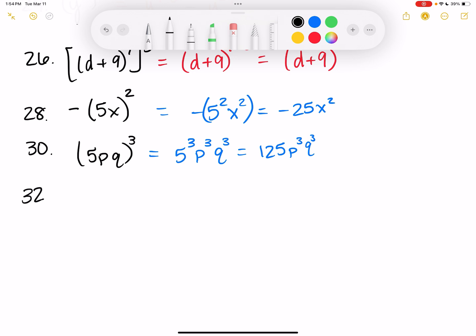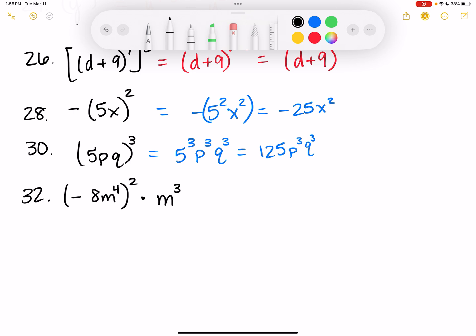Problem 32: in parentheses, negative 8m, the m is raised to the 4th. Close the parentheses. All of that is squared, times m cubed. That can't be that hard, can it? All right, so